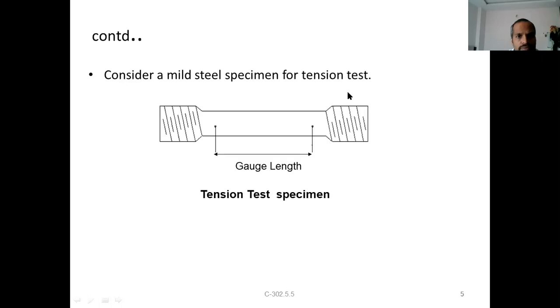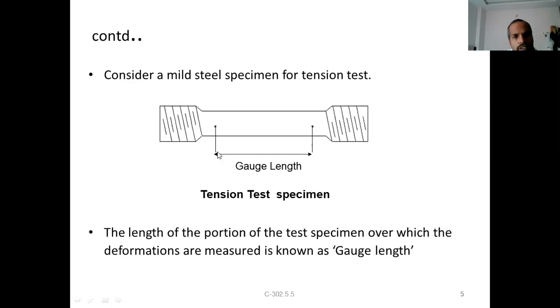Generally a specimen of a given length, the gauge length, is considered. Between these two points we measure the change in length, and that length is what we call the gauge length. The length of the portion of the test specimen over which the deformations are measured is known as the gauge length. So how much length we have to take between these two points